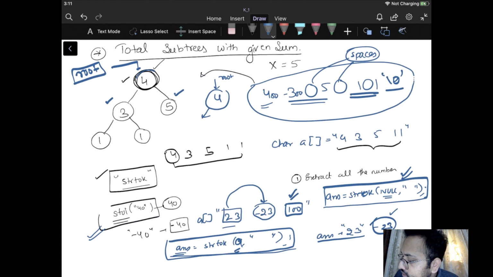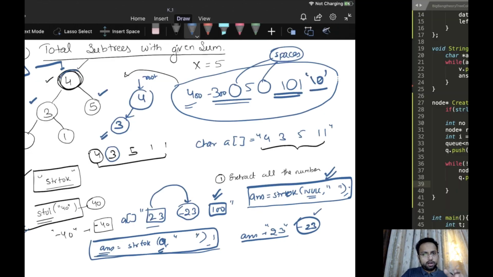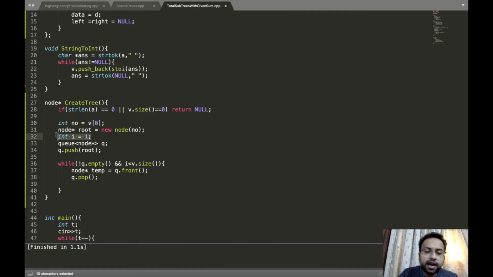The next child of this node is going to be 3. So we will fetch this element from the vector. The iterator i is pointing at index 1, so the number is going to be v of i, and I'll do i plus plus as well. I'll update the value of i.